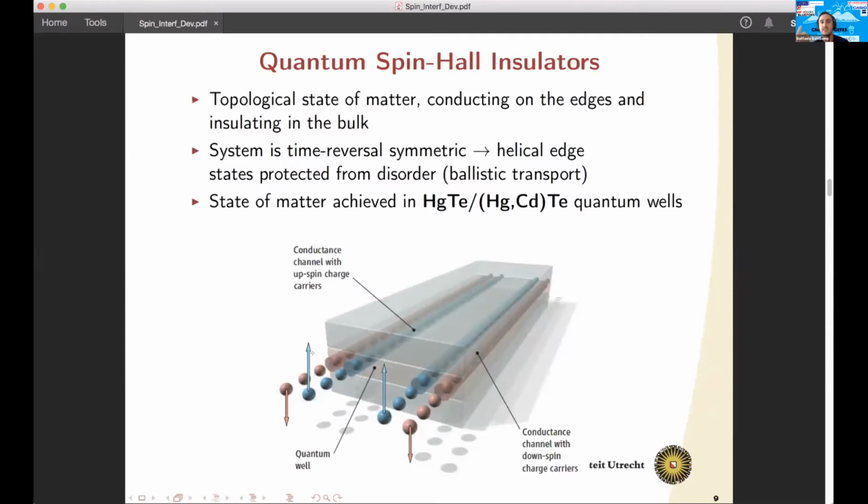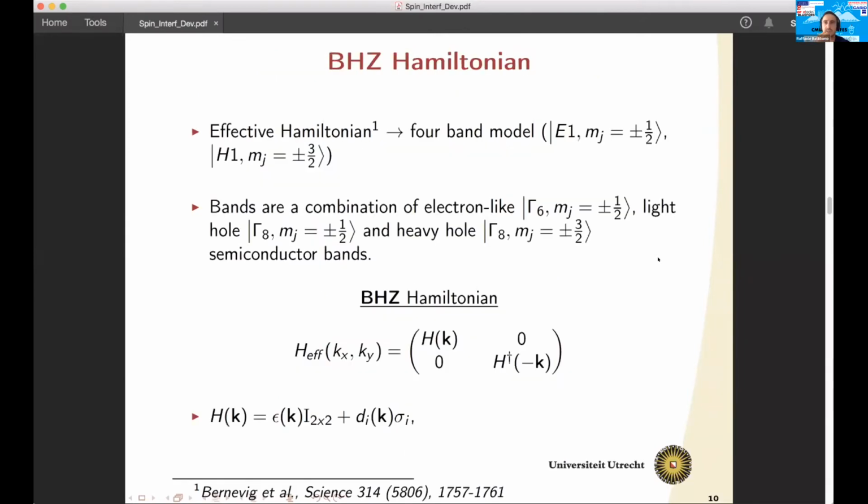The system is time reversal symmetric, and hence these edge states are helical. So we have counter-propagating spin up and spin down modes on the edges, as can be seen in this picture here. This is a state of matter which has been achieved in mercury telluride and cadmium telluride quantum wells for the first time. And quantum spin Hall insulators are described by an effective Hamiltonian, which is a minimal 4-band model